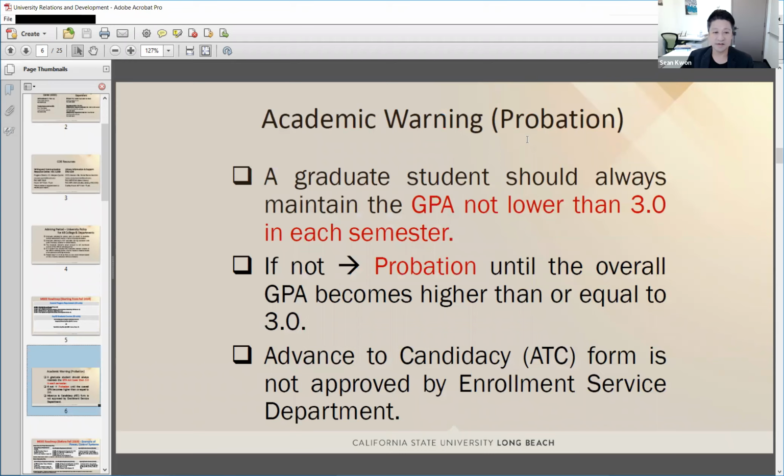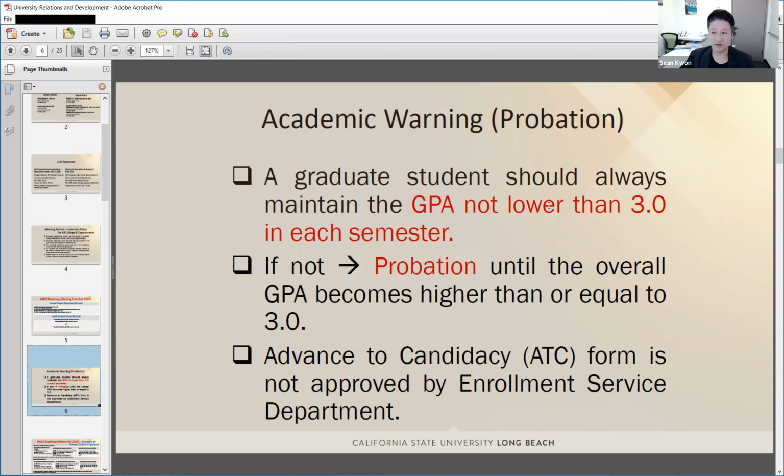this slide about academic warning. Previously, we called it probation. Academic warning means the student's GPA is not higher than or equal to 3.0.